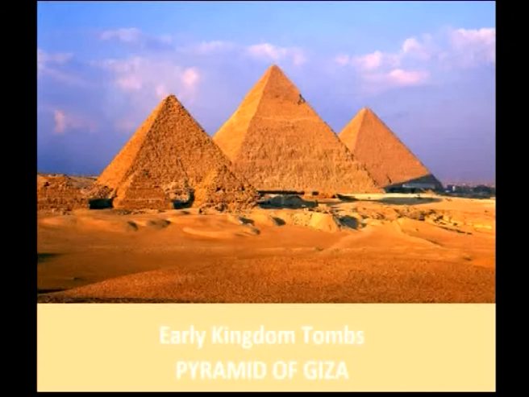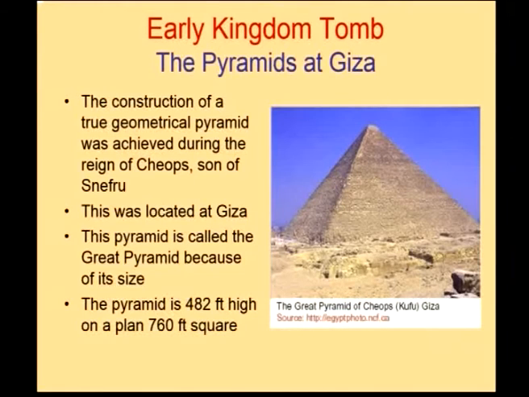Earlier kingdom tombs: the Pyramids of Giza. The Pyramid of Giza is one of the most monumental structures of Egypt. It was very famous due to its monumental structure and height. The first pyramid of Giza was built by King Cheops. He was a son of Khufu. The pyramid of Cheops is located in